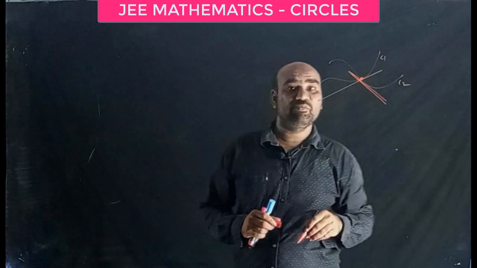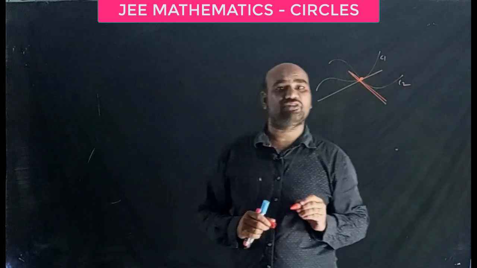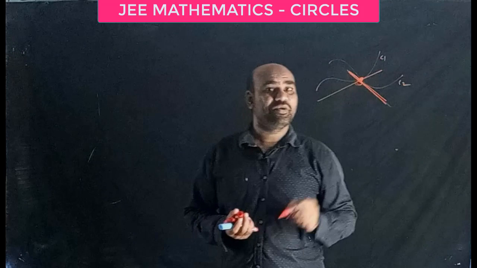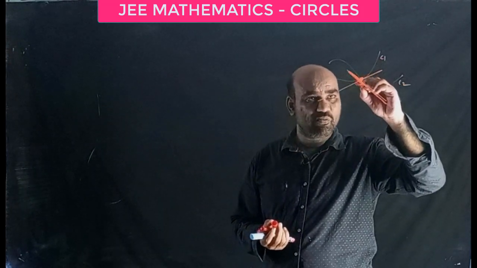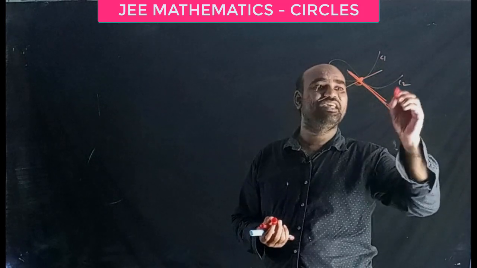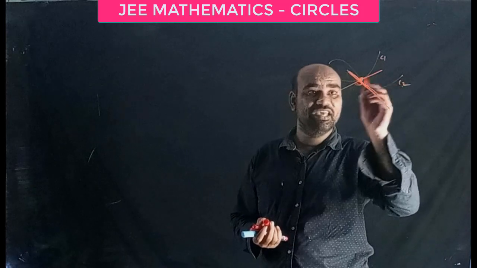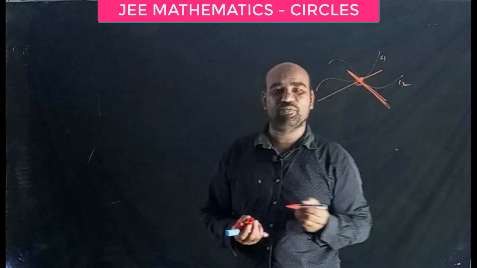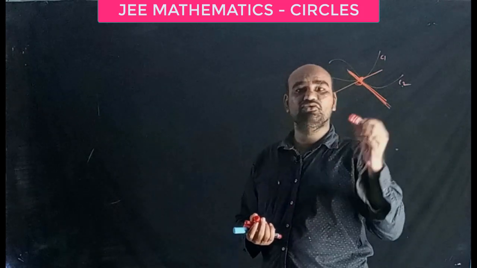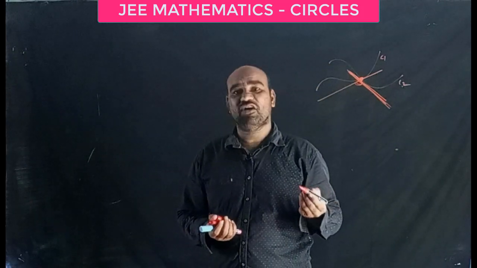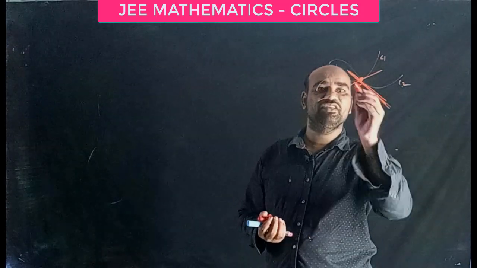The angle between those two tangents is taken as the angle between those two curves at that particular point. By using the differentiation concept, you can directly find the slope of each line. dy by dx of the second curve at that point gives the slope of this straight line. dy by dx of the first curve at that point gives the slope of the second tangent. So by using those two slopes, with the formula tan theta equal to m1 minus m2 by 1 plus m1 m2, you can find the angle between these two straight lines.